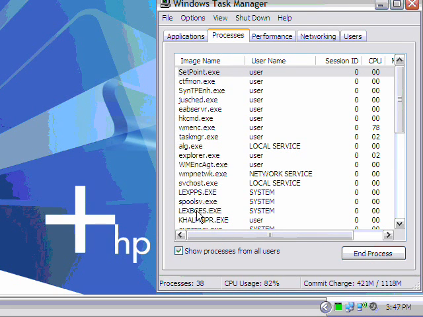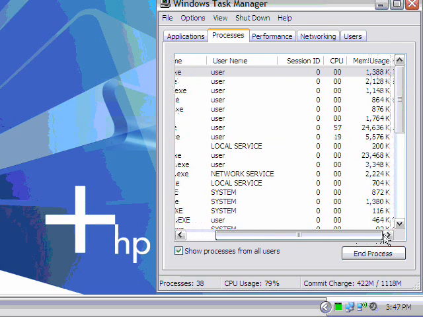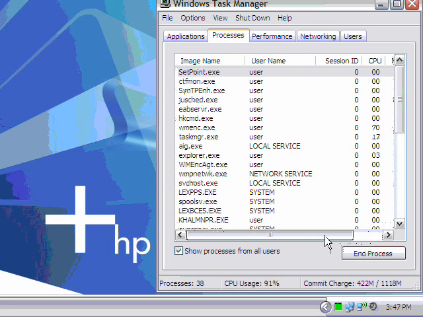Over here we can see all the processes, all those 38 processes are running. We can see how they're opened, and over here we can see how much percentage of CPU usage they're taking up. And all the way to the right is the actual amount of memory each file takes. So you can kind of get an idea for what's taking up the most memory. Some of these can be shut off right from here, and it's also a good way to close a program